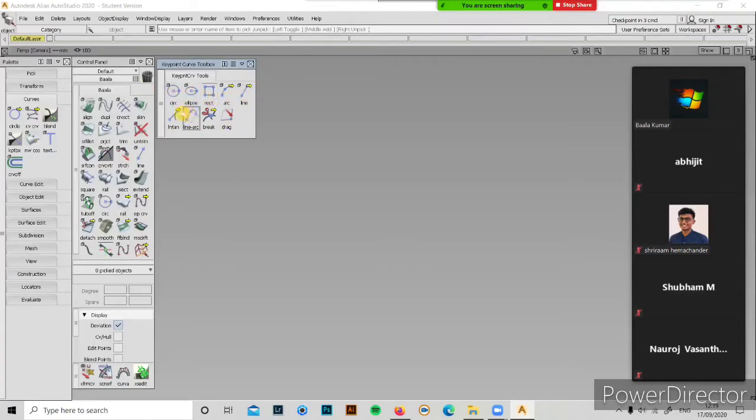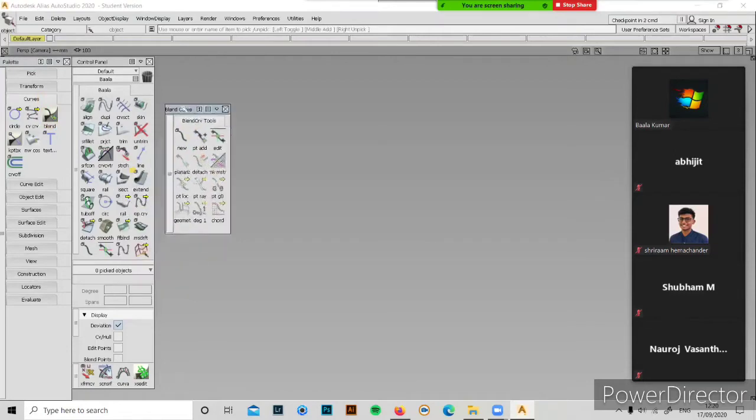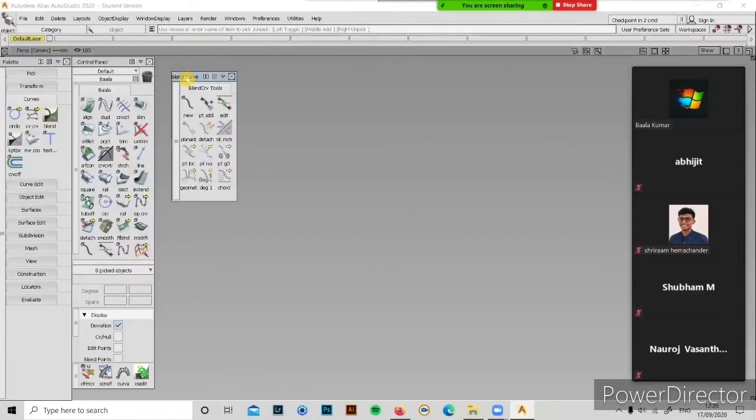We mostly won't be using rectangles or other things. We'll be using lines and arcs. Probably we won't use arc also, we'll be using mostly lines only. And we have this blend curve option also. Blend curve is nothing but making a curve according to the line flow. For bringing continuity, sometimes we will use blend curves.